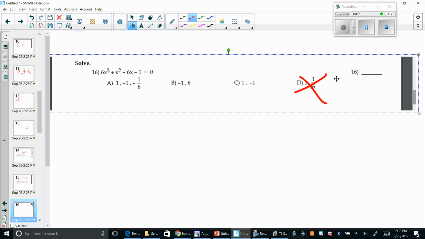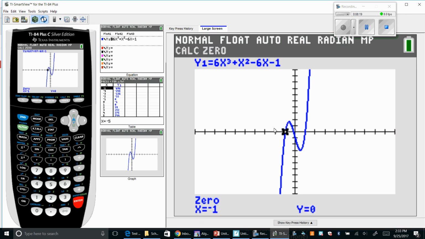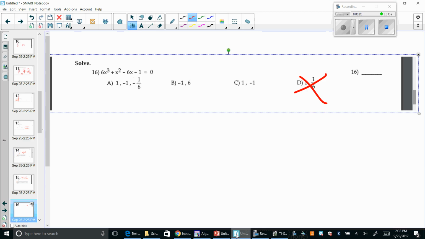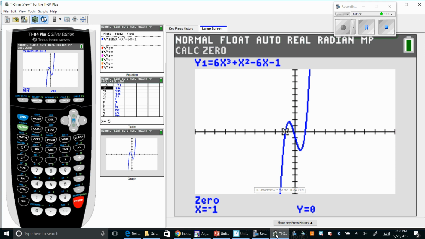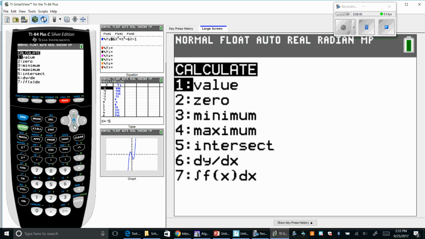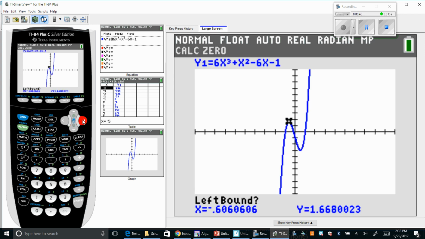D's out. All right. Well, I can already tell that I have 3 zeros. If you look here, 1, 2, 3. So if I find the next one, there's only one choice that has 3. It's this one. But let me find the next 0 or see if 1 is a 0. It's going to be hard to tell, but -1/6, you may not know this. If I do this second trace 2, and if I come over here and I put a left bound and a right bound,